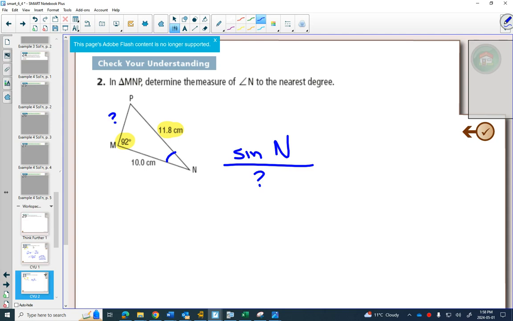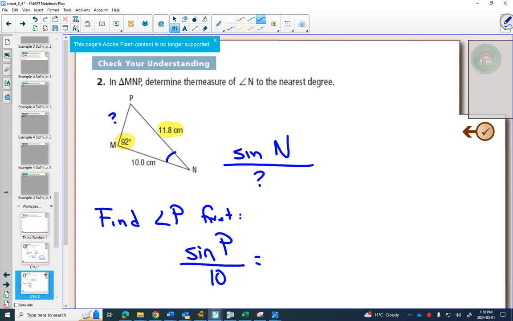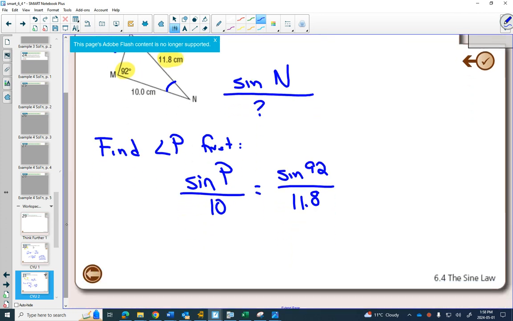I can find angle P, because for angle P, I have the opposite side. I cannot find angle N first. So I'm going to have to find angle P first. Because with angle P, I can write sine of P over 10 has to equal sine of 92 over 11.8. And I can get